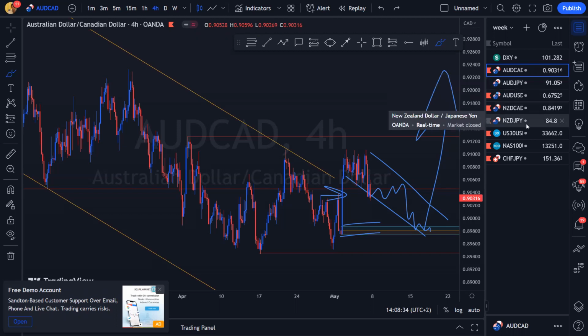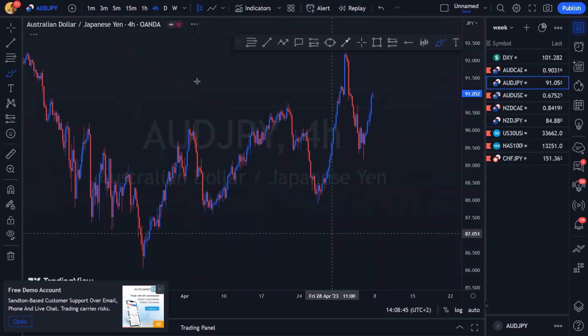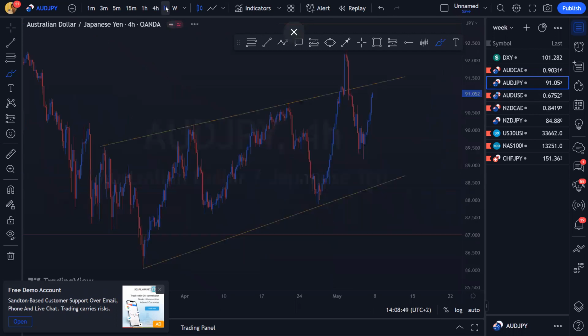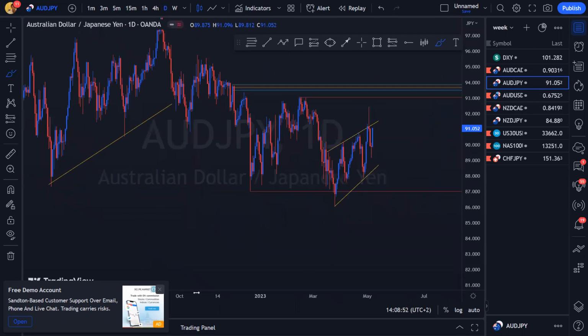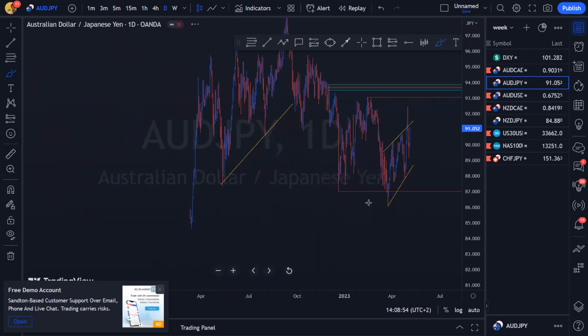We're also not going to be trading NJ because we're going to be looking at CHFJPY. Out of these three JPY code pairs, Swiss yen is in the best place for the probabilities for the short. Otherwise, let's just speak about AJ. We'll get to NJ when we get there. But we'll just go through and I'll tell you guys why I'm going to be choosing to stay out of AJ. So AJ, obviously, we're stuck inside some chop.